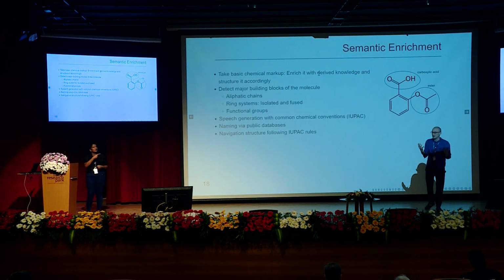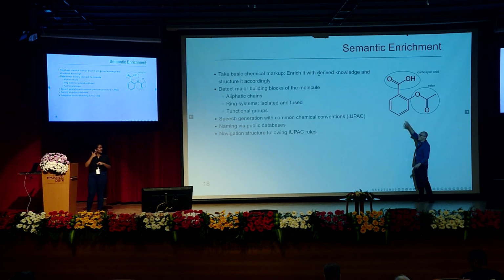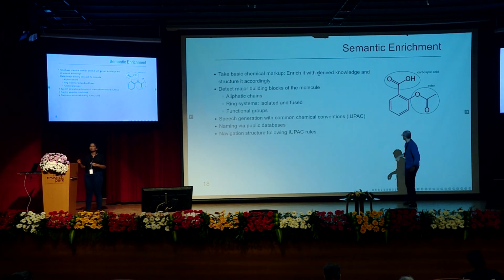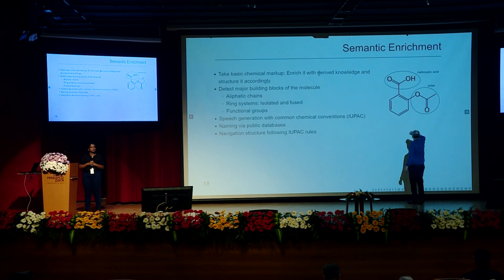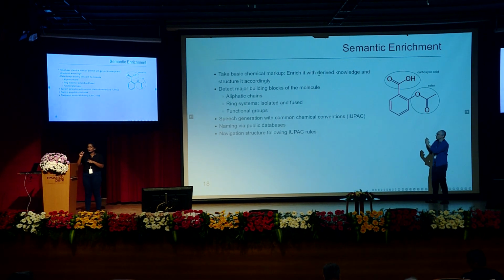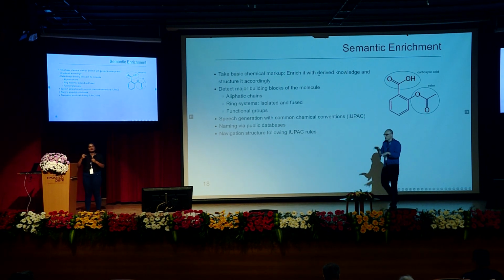And then it tries to reassemble this bag of geometrical primitives. So first of all, it figures out where the bonds are and how they are connected. What is a double bond? What is a connecting line? Connecting corners here, for instance, are normally carbon atoms, and so on. And then it tries to figure out the major building components of the molecule, and normally there are three parts. There are big chains of carbon elements. There are rings, like this one here, and then everything else that's just left over is called functional groups. And that's pretty much all it does.